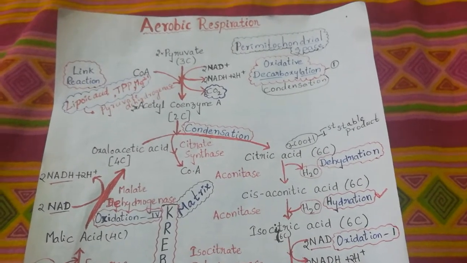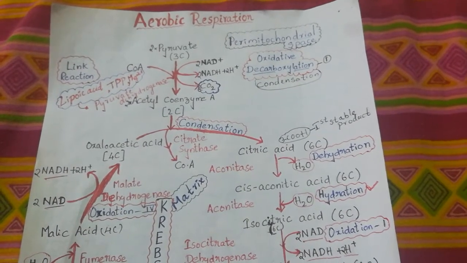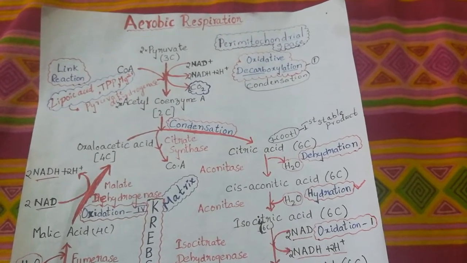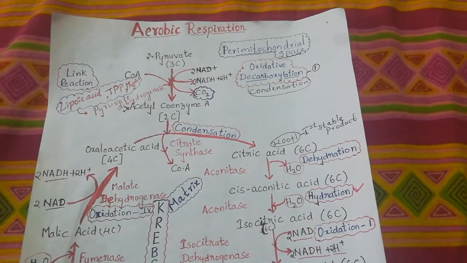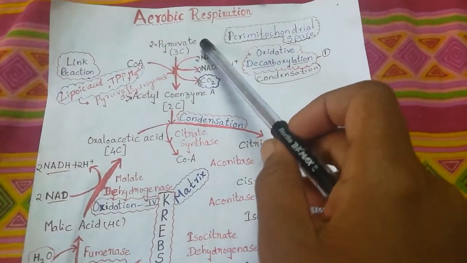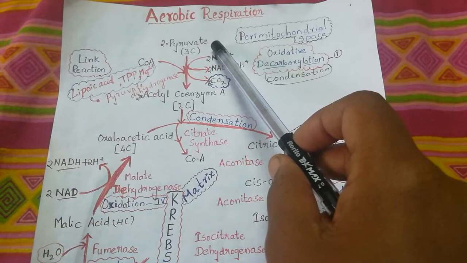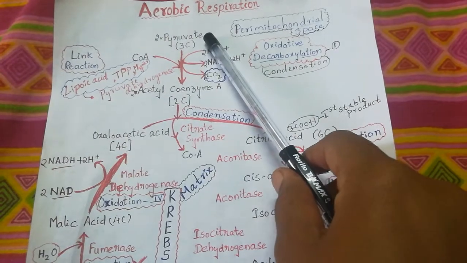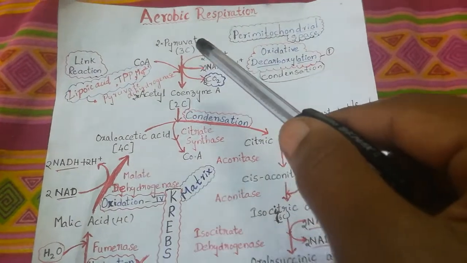Thank you. And today I would like to explain about aerobic respiration, which requires oxygen. As we discussed in the previous sessions, glycolysis is a common pathway for aerobic organisms as well as anaerobic organisms. And the end product of glycolysis is pyruvic acid. Now this pyruvic acid, which is formed in the cytoplasm, moves towards the mitochondria for final oxidation, that means complete oxidation. So pyruvate enters the mitochondrial region, that is the perimitochondrial space, where it starts its oxidation.